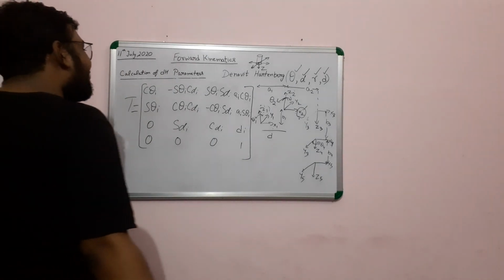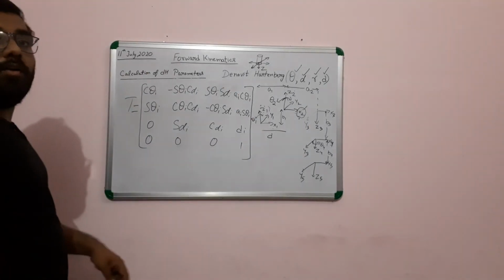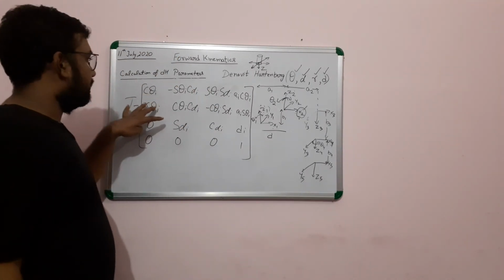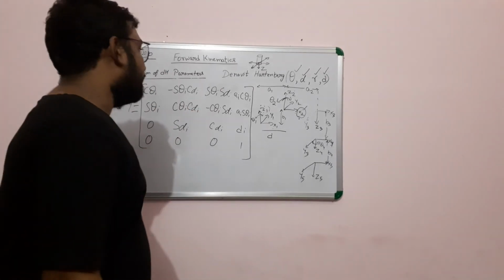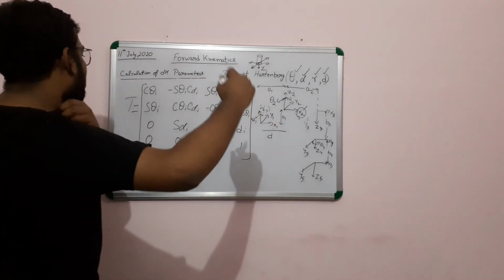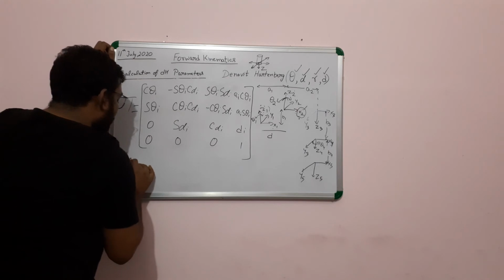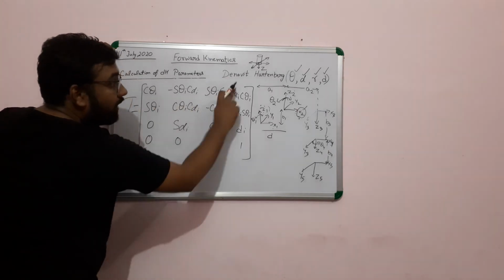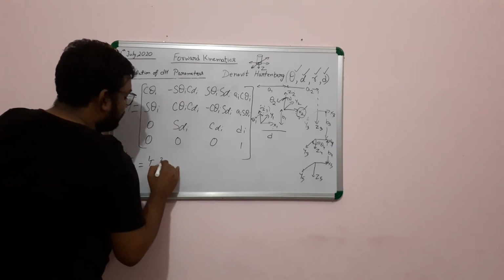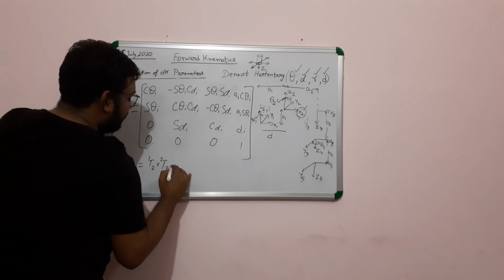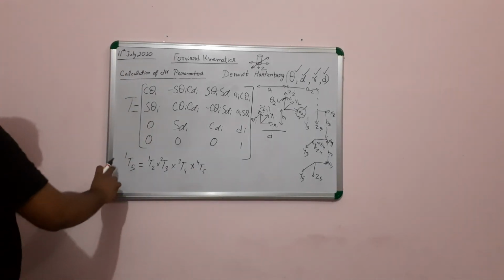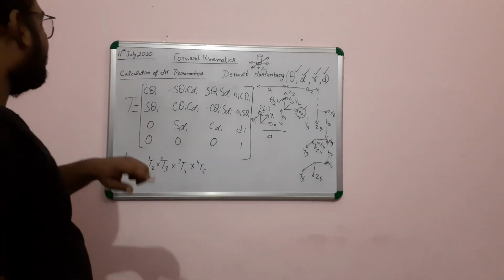So you need to do nothing but fill in the values that we got in the table that I drew just before. Put those values in, do the sine and cos, and calculate. We have 5 frames, right? The only thing you have to do is some matrix calculation. If you have to calculate for 1 to 5, you calculate 1T2, 2T3, 3T4, 4T5. After calculation it will give 1T5.